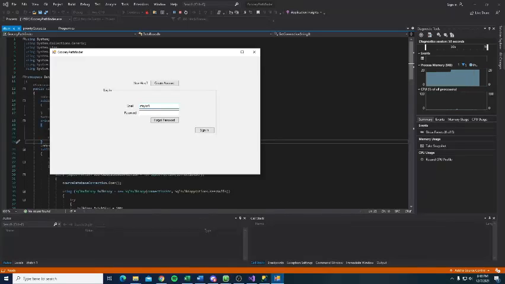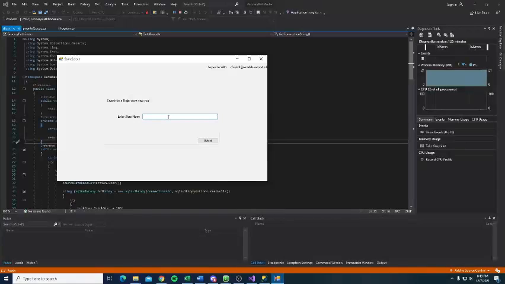So if we enter our email, see, if I forget my password that I literally just created, I can also use that button and it'll take us through a little bit of security questions that I created. So if we just sign in with our new account, we can enter a store name that we want to